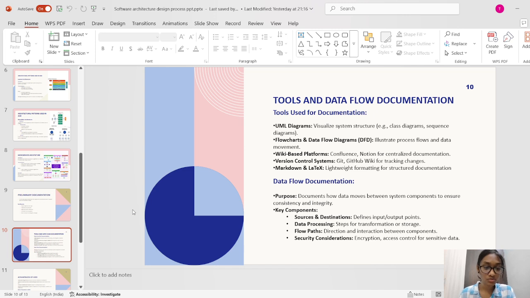Data flow documentation shows how data moves between system components, ensuring consistency and integrity. The key components are sources and destinations, data processing, flow paths, and security considerations. Sources and destinations define the input and output points. Security considerations include who can access the data